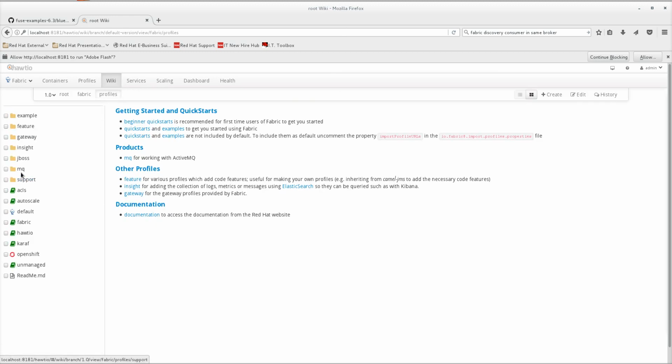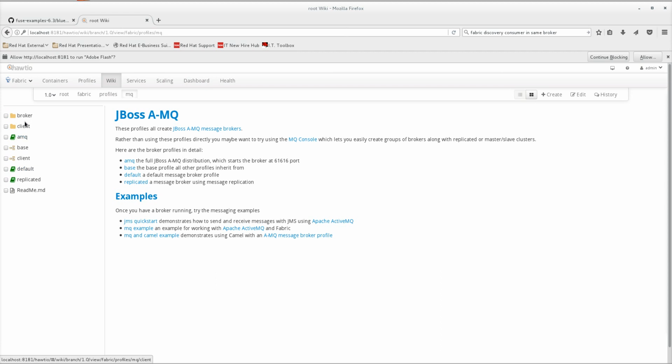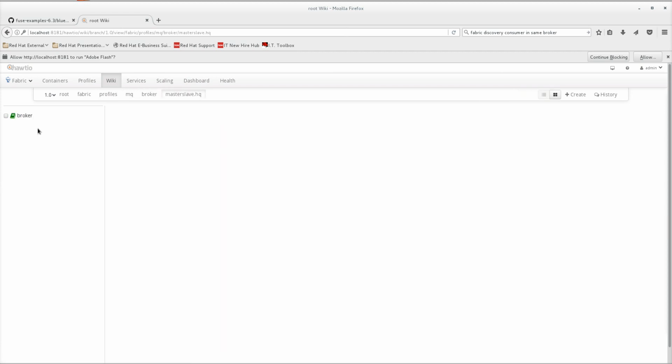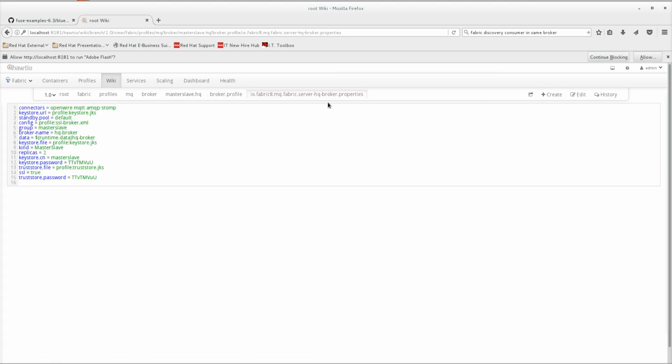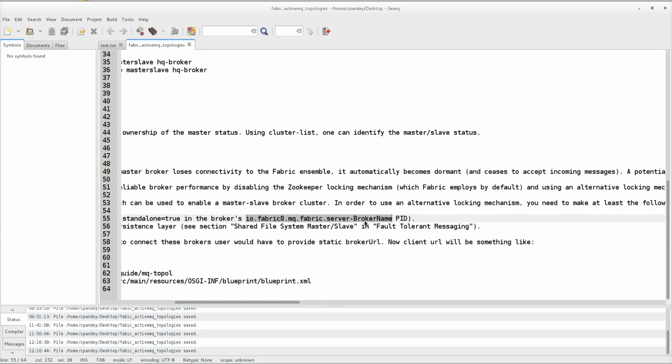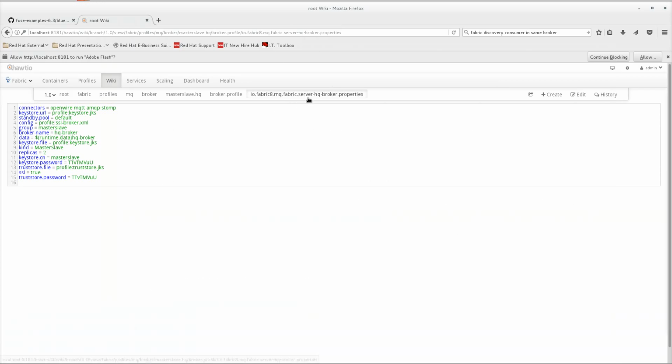Profiles, MQ broker, yes. So if you remember, this is the master slave and this is the profile MQ broker. So we have created an MQ broker and this is it. Broker name PID, server broker name. This is server hyphen broker name.